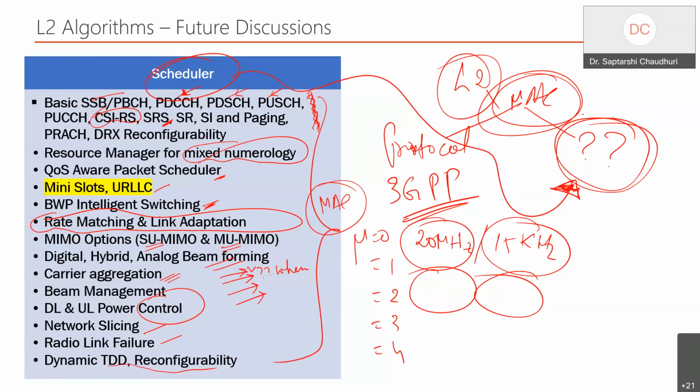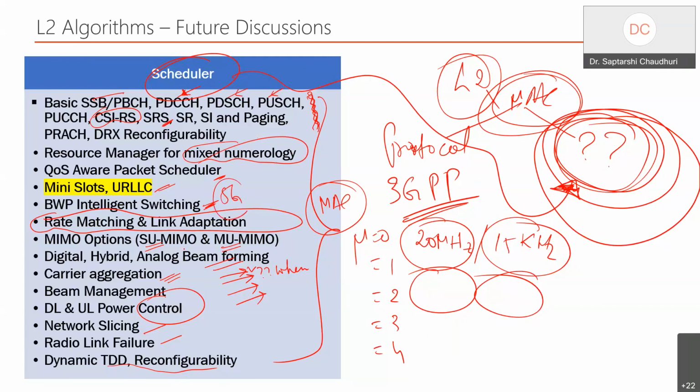So this entity has actually bubbled from the GPRS days back to the 5G days, because every time we add an entity, a feature, these are all features that 5G has offered.